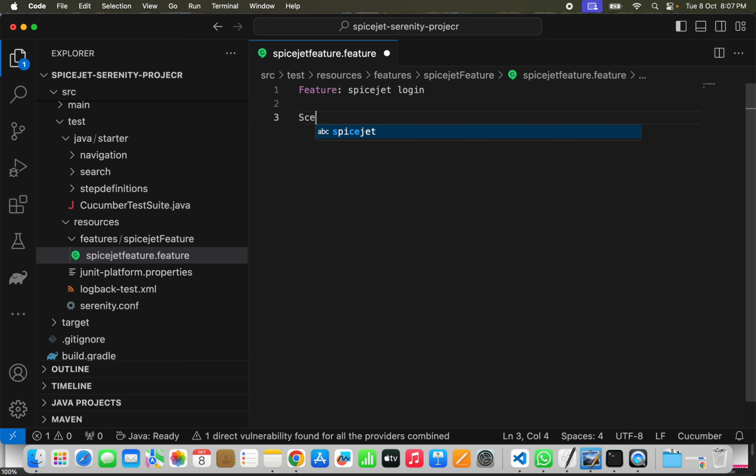Let's write a scenario: positive login scenario. Inside the scenario, we write Given the application is up and running. When